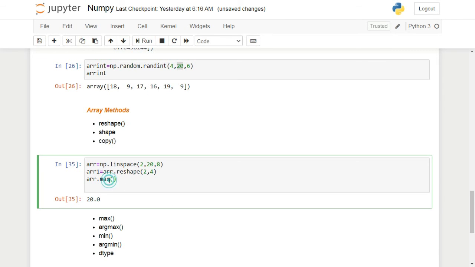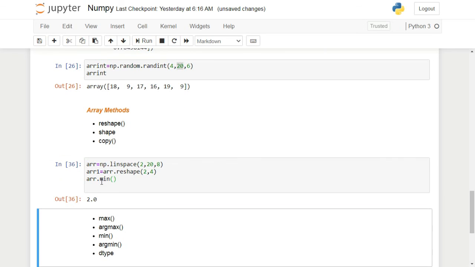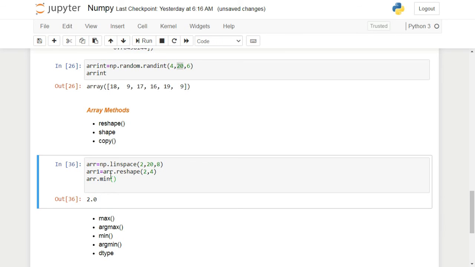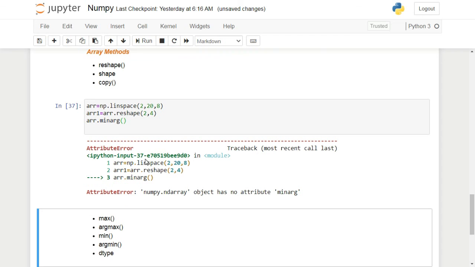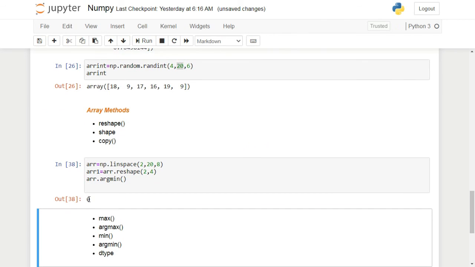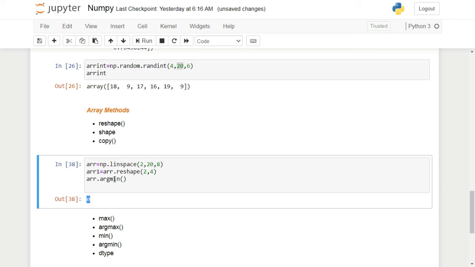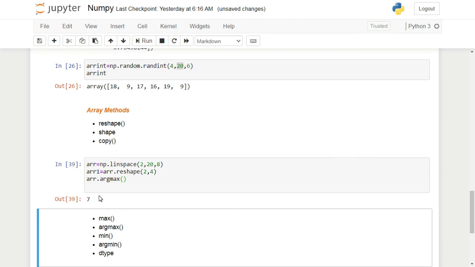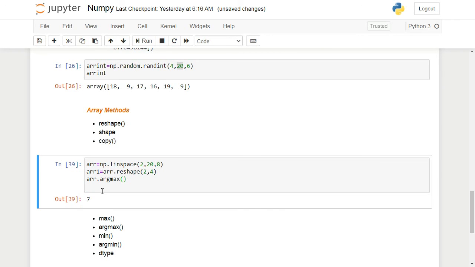Similarly, min returns the minimum in that array. The argmax and argmin basically return the index. I think I made a mistake, it should be argmin. It just returns the index at which that minimum element is present. The 20 is present at index 7, so I've got 7 here.